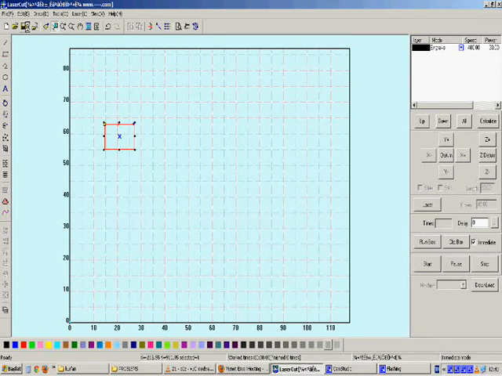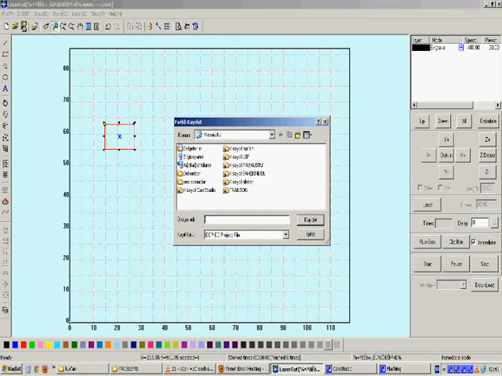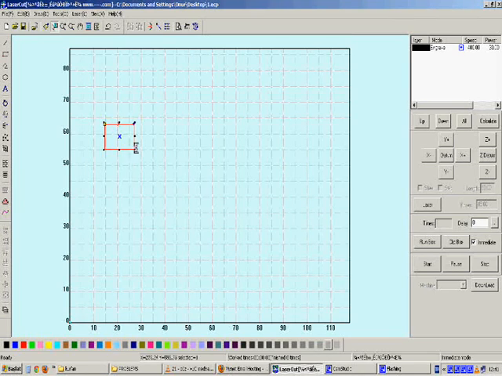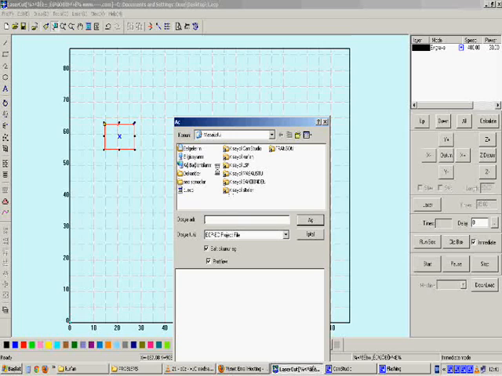Now, if you want to save this rectangle, click on the Save icon on the top menu. You will see that its file extension is ECP. This is important. For example, let us save it as 1.ecp. Let us name the file as 1, and on the desktop, let us select it. On the desktop, then the file will be saved as 1.ecp. If you want to open that file, simply you will click on the Open tool, this tool, and then